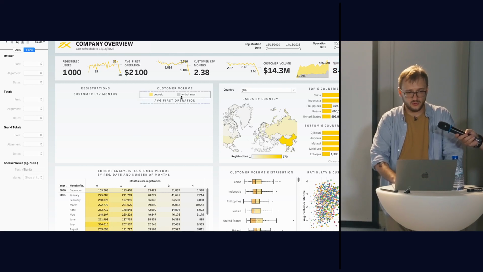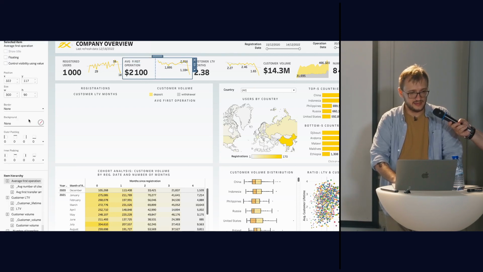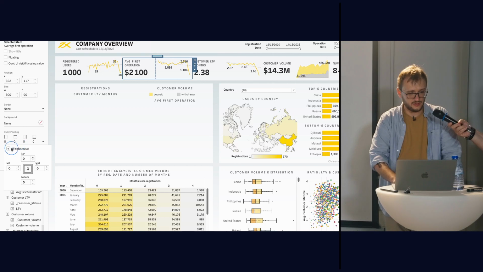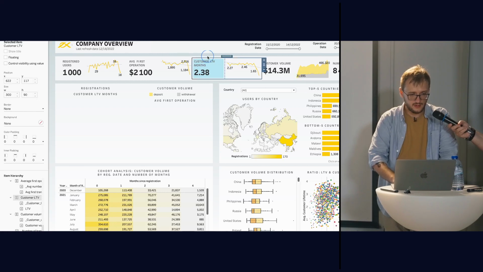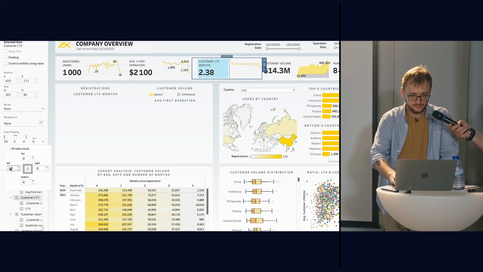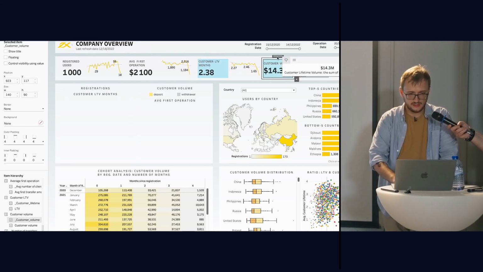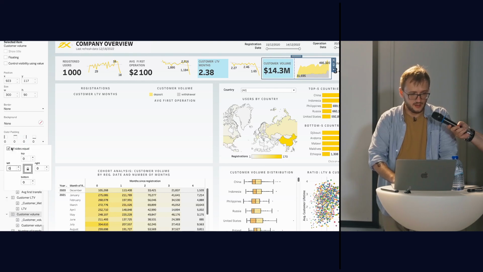And we also need to make some spacing, because now there is not a lot of space between these KPIs, and I'm going to add more. Here we go. Extra space.